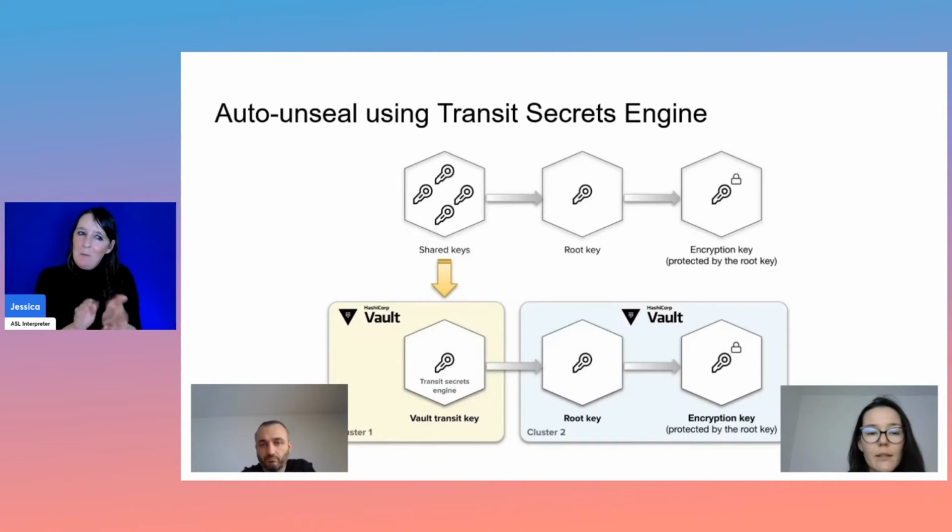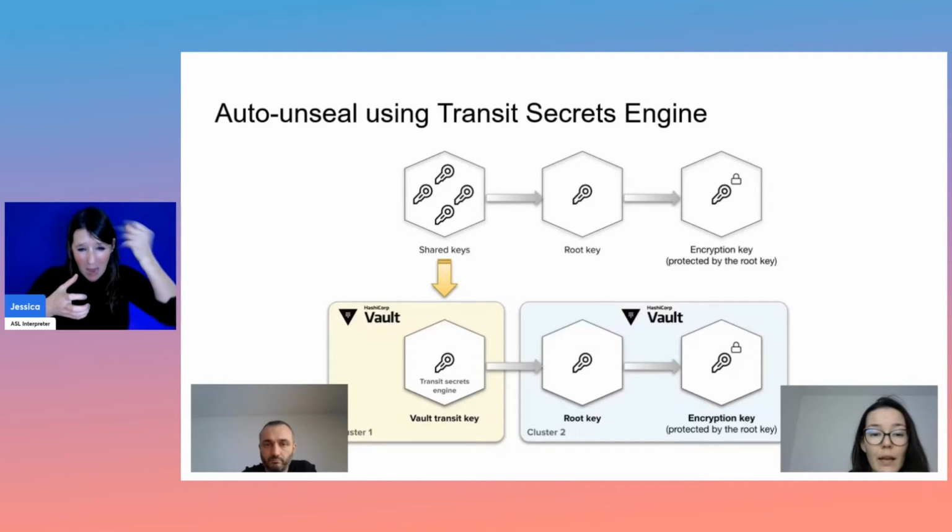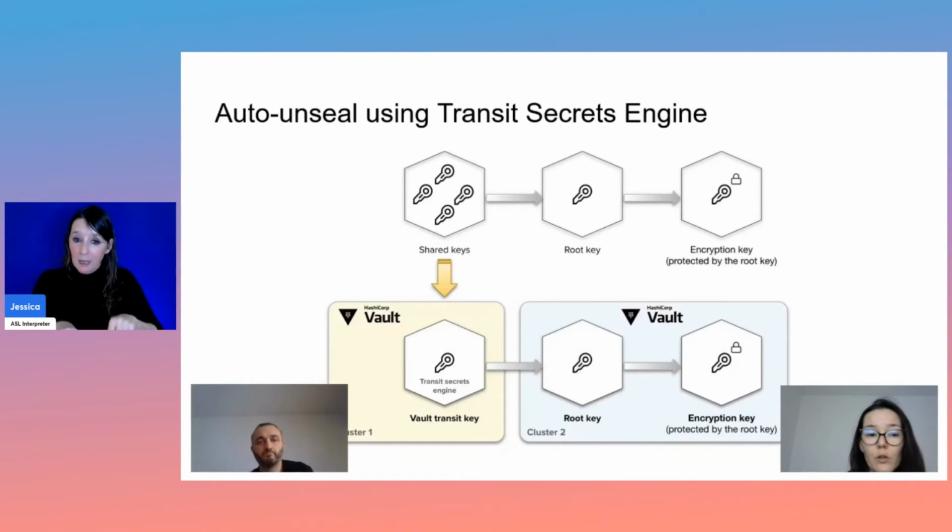This centralization not only enhances security oversight, but also significantly scales with the organization's growth. The Transit Secrets Engine is adept at handling large volumes of keys and high throughput, a feature particularly beneficial for